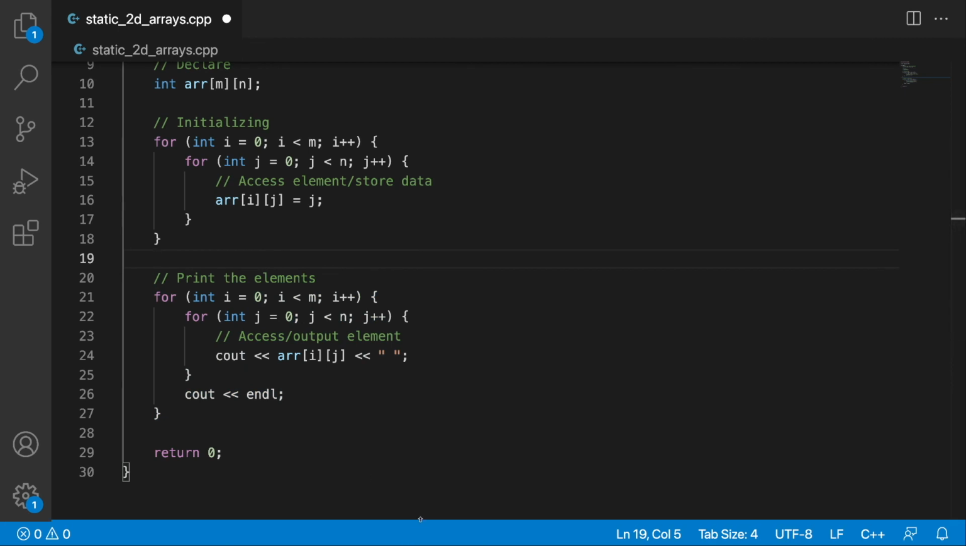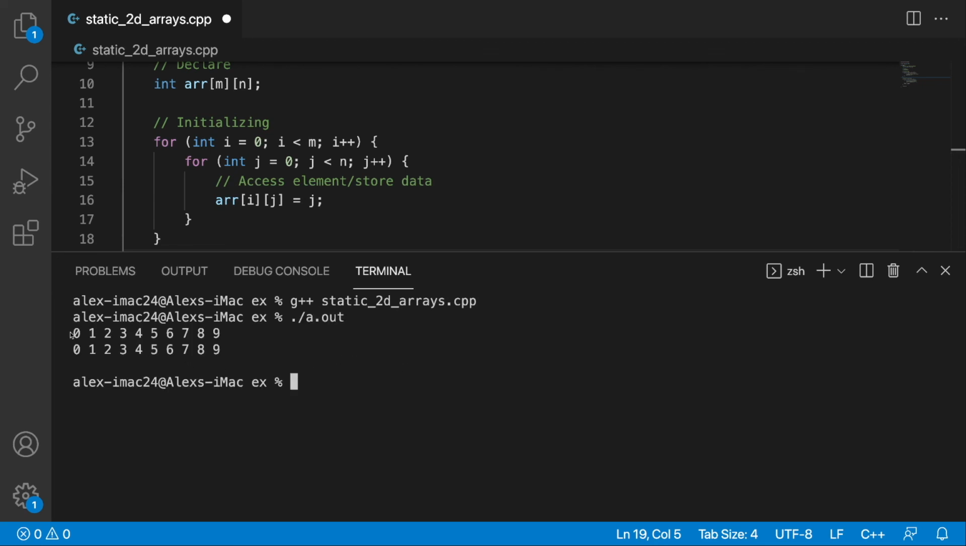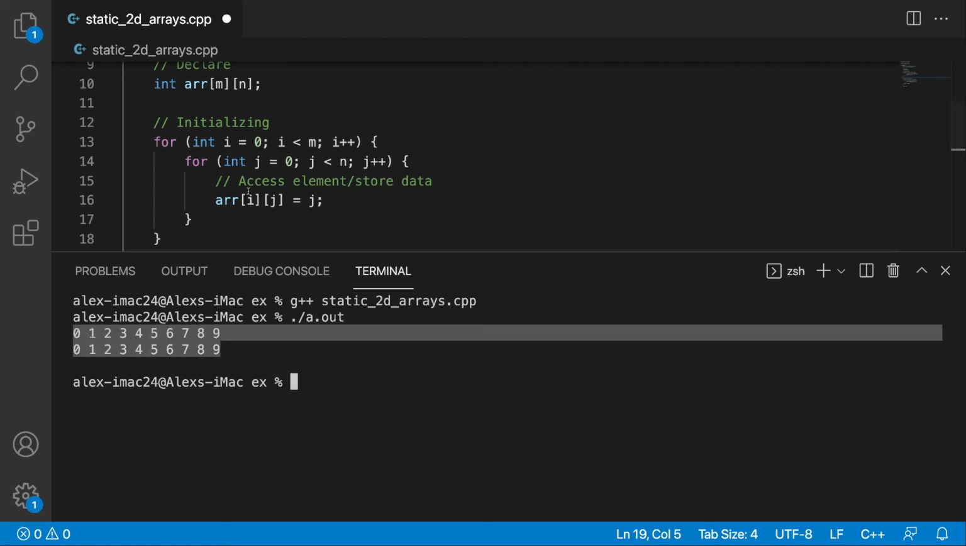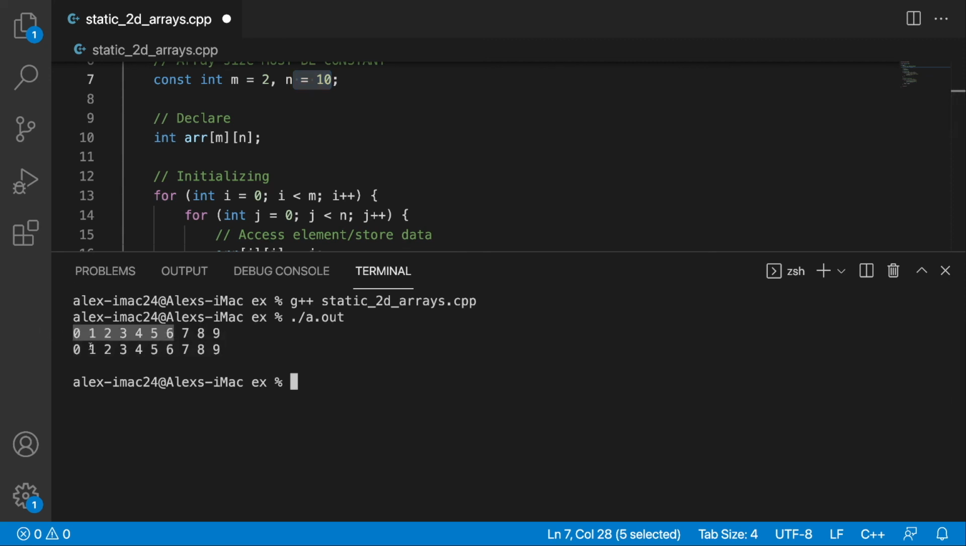So let's open up a terminal window and see that in action. We can compile this program with g++ and the name of the program, and then we can run it with ./a.out, and you see we get 0 through 9 output to the screen twice, again, because we have a 2 by 10 array, so that is 2 rows, and each row should have 10 elements, 1, 2, 3, 4, 5, 6, 7, 8, 9, 10, and then here's our second row again with 10 elements as well,